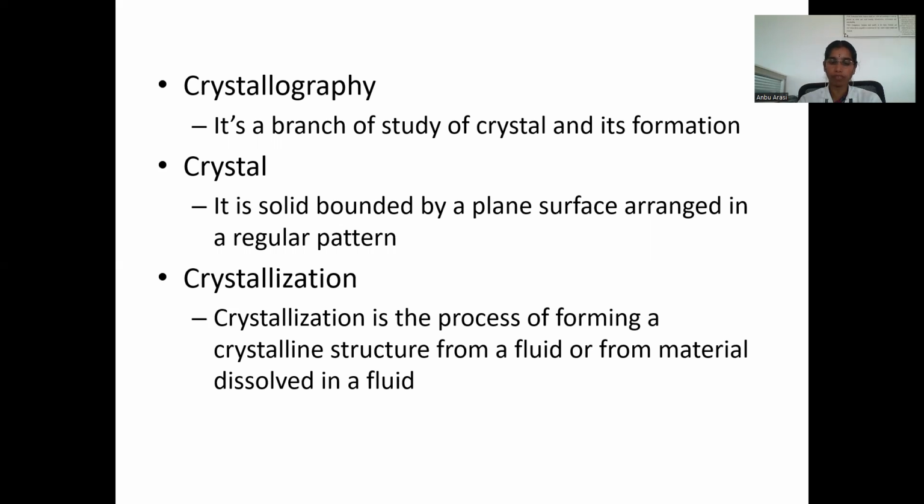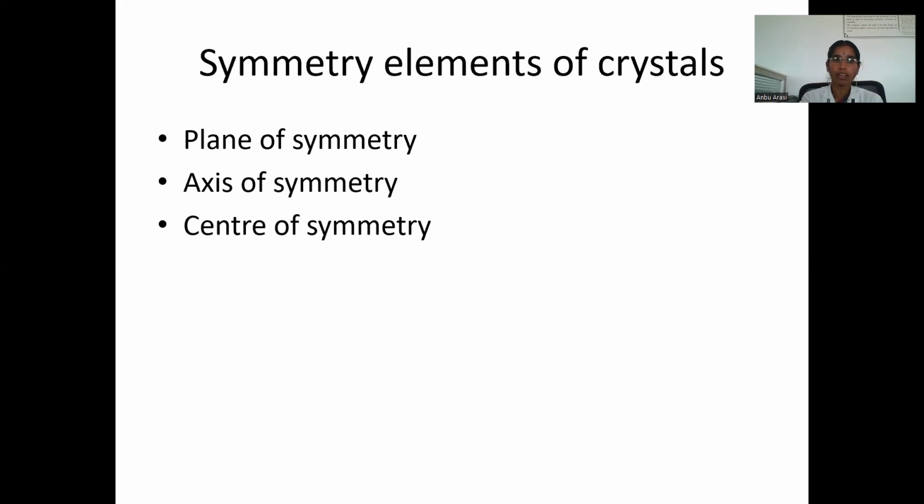For example, calcite, quartzite, etc. Symmetry elements of crystals. Crystals are studied and recognized by their symmetry elements. The symmetry elements of crystals fall into the following categories: plane of symmetry, axis of symmetry, and center